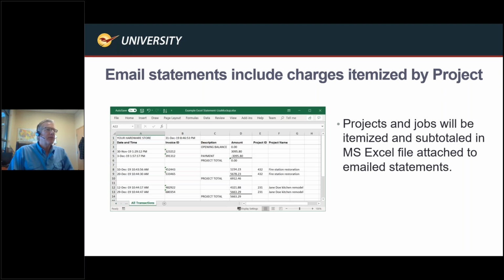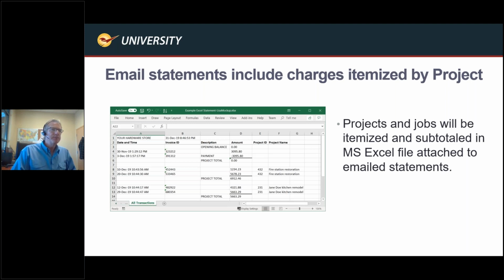You can set up different projects or jobs, and when you produce a statement and email it, it will also email a breakdown of those jobs in an Excel document, giving you the subtotals and the total. This is really a huge advantage for those contractors and folks that want to break up their invoices